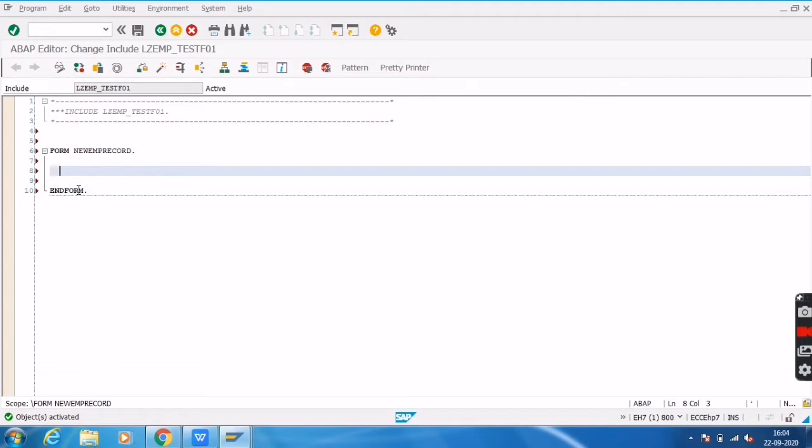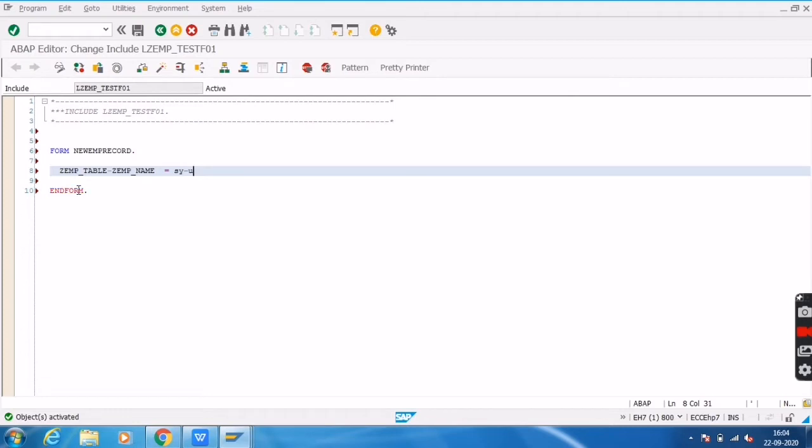To store the username, we will use our table name EMP table, hyphen, field name EMP name. To store our system username, we will use the system variable.